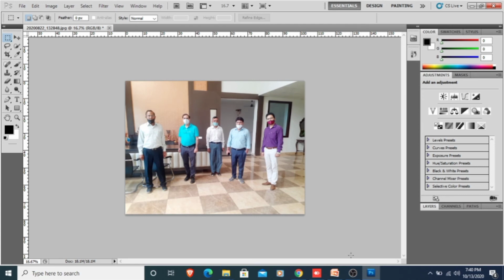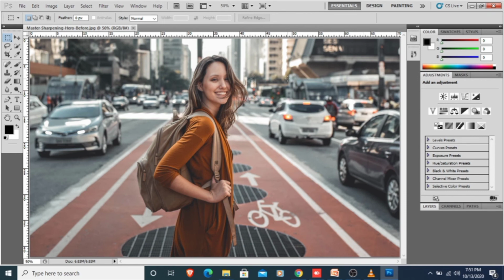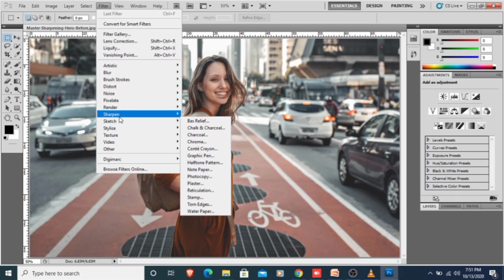Next tool is for making the image sharper, which means you can sharpen your image. If your digital photo is slightly out of focus, then Photoshop helps us make our image look crisper using the basic sharpening techniques. If we want to make our image crisper than the earlier one, then we will use the sharpen tool. For that, first we have to take a new image and click on the Filter menu, and from here we can select the Sharpen option.